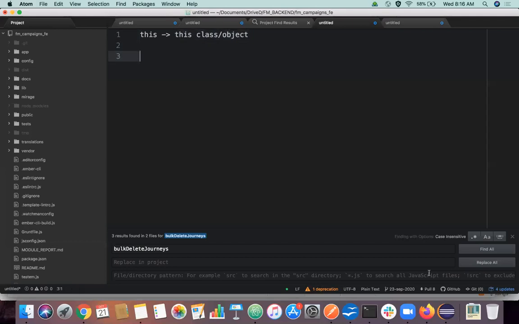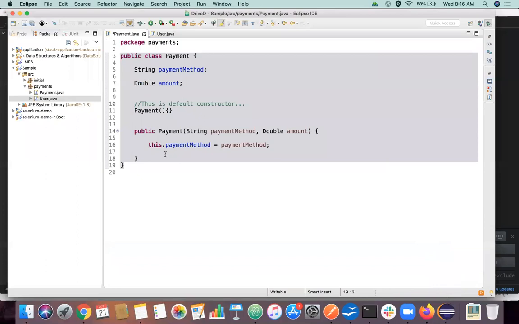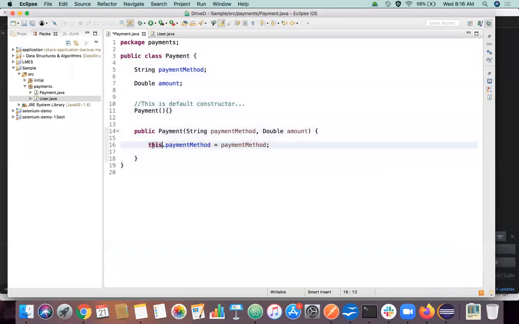So when I declare this keyword here, Java knows he is referring to the particular object created for the Payment class, so I have to search for this paymentMethod at the class level.